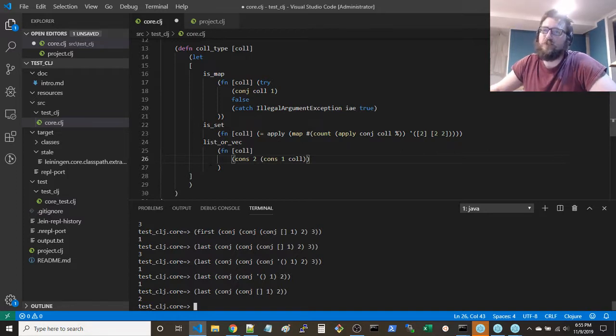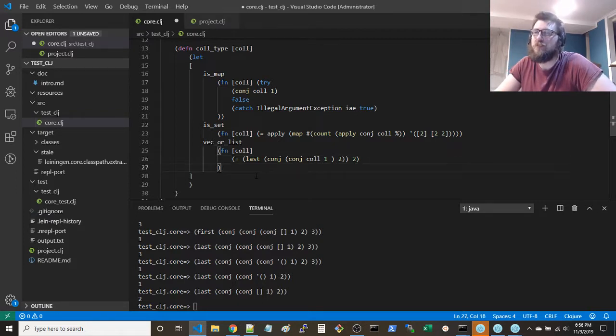So vector or list, and this is going to be conj of conj collection 1, collection 2, and last will equal 2.